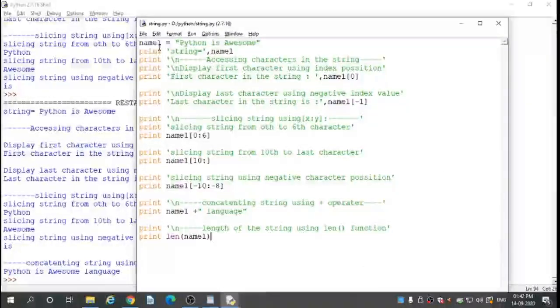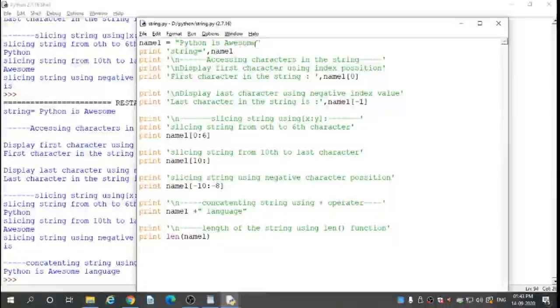So here our string is Python is awesome. Calculating the length: 1 2 3 4 5 6 7 8 9 10, space is 10, 11 12 13 14 15 16 17.